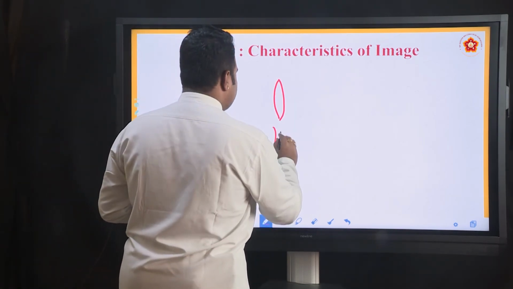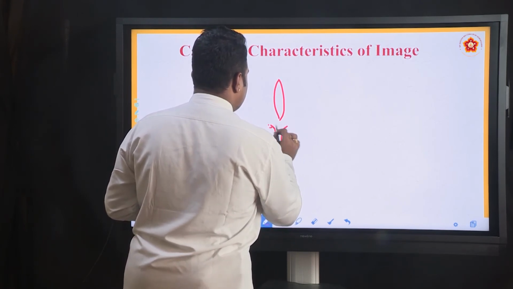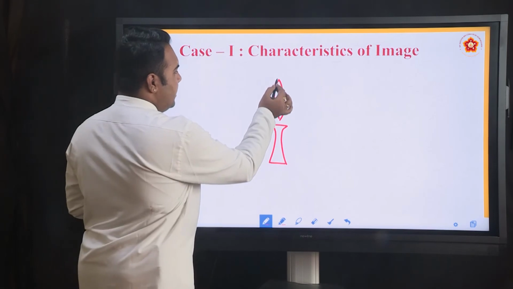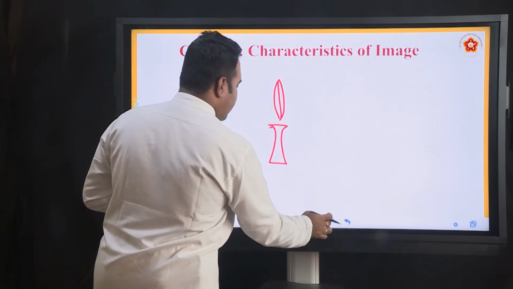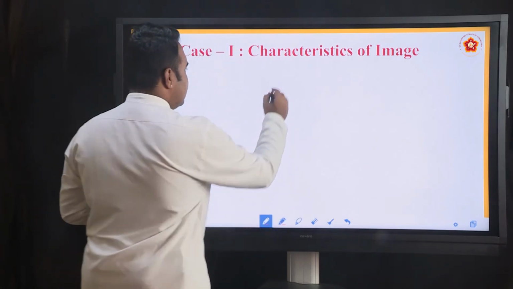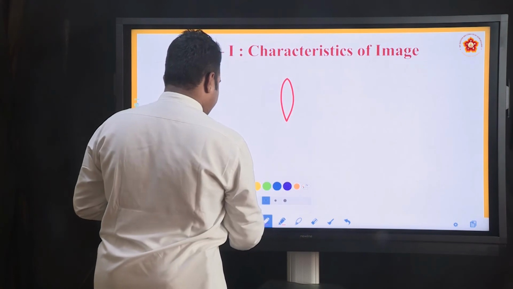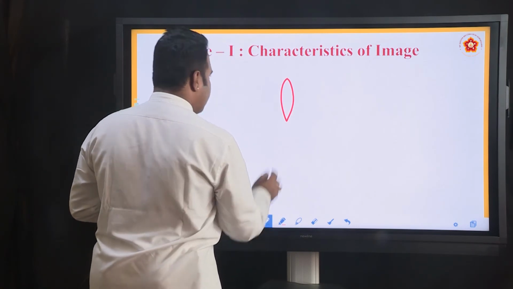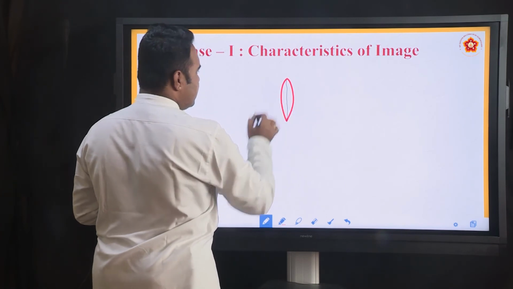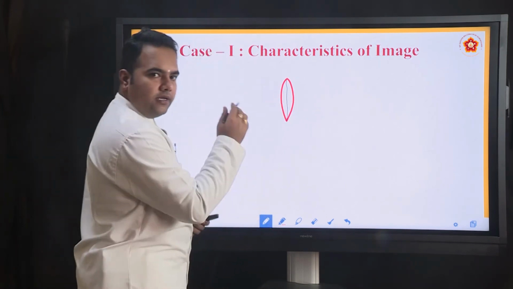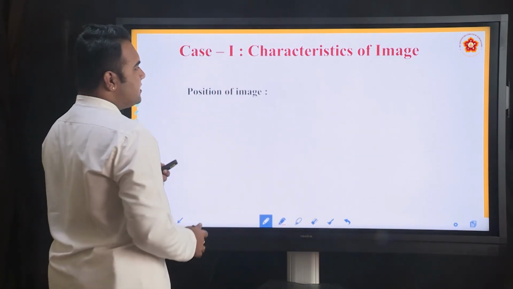Similarly, a concave lens can be drawn like this, and a very thin line can be drawn at the center. Let us take the example of a convex lens, and we can draw a very thin line which is passing through the center of the lens. Of course, when you use a scale, you will be getting a straight line. So, remember this, how we draw concave and convex lenses.